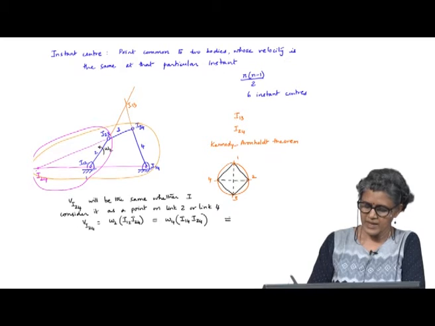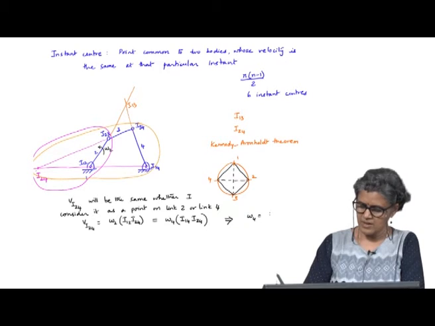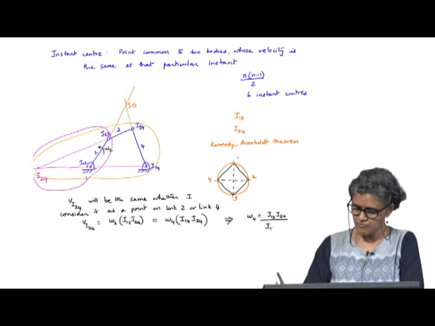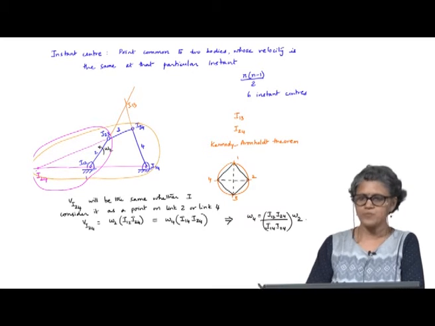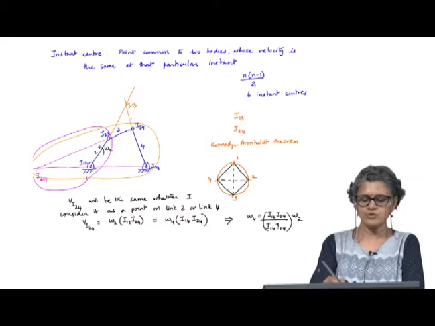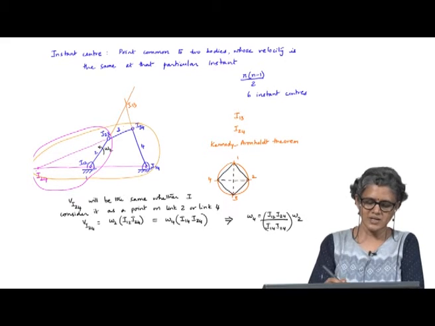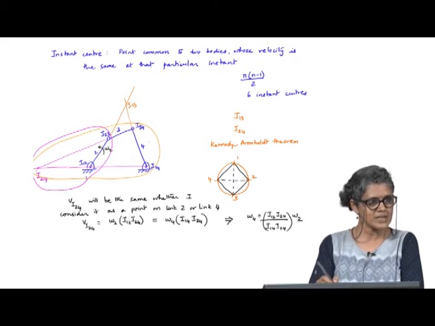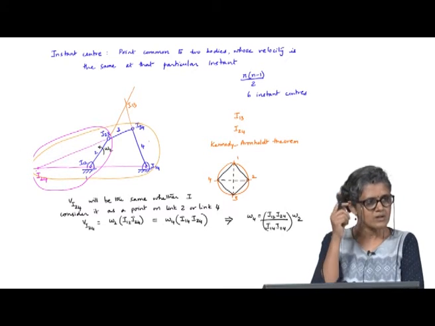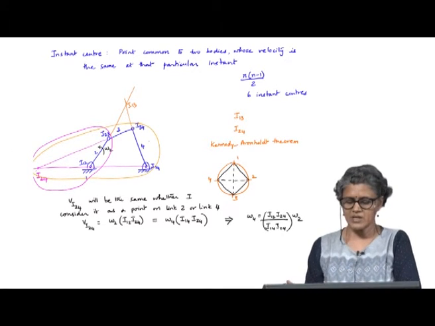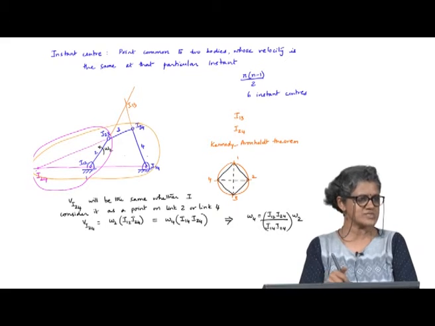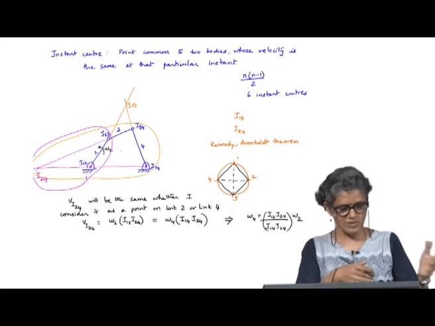Therefore, I can directly get omega 4 as I12, I24 by I14, I24 into omega 2. So, I do not have to go through that. With the other method, I would have to calculate omega 3 and then. So, here in the 4 bar you do not see the use of it so much, but when